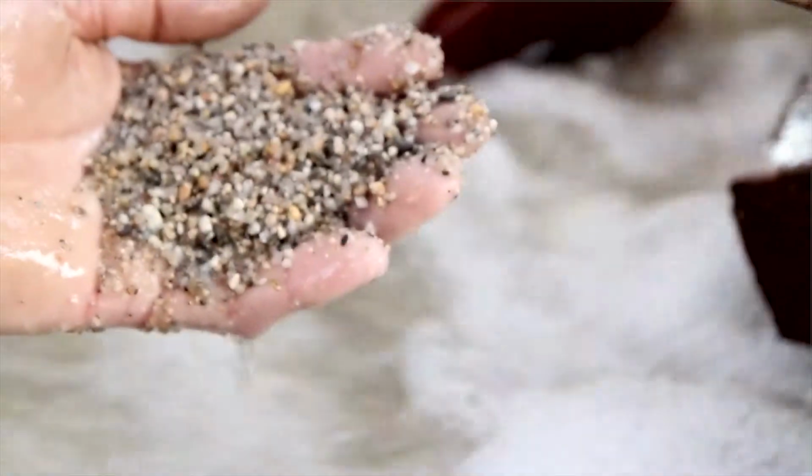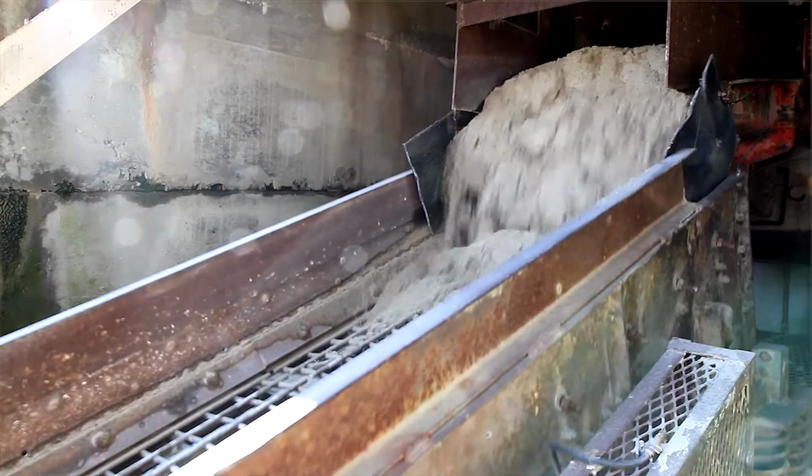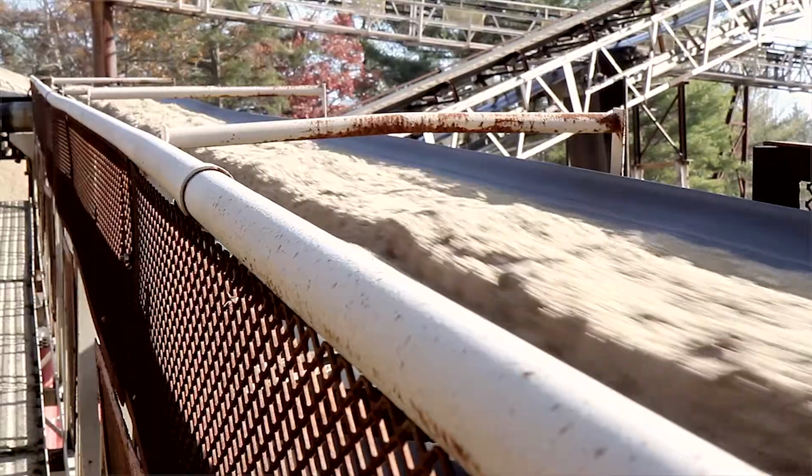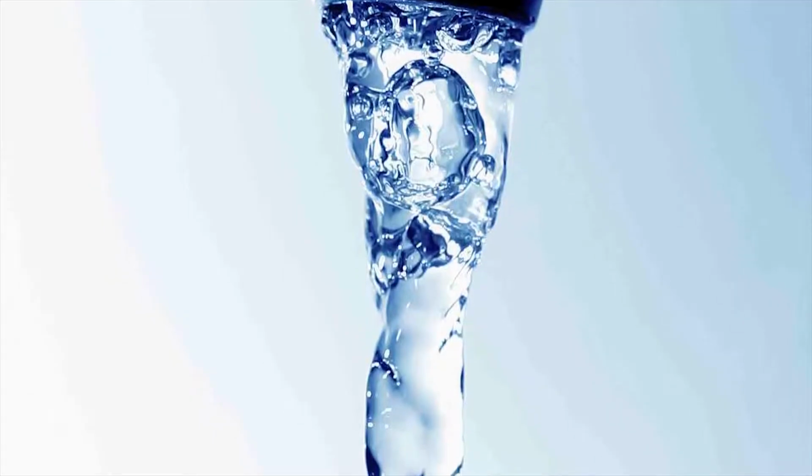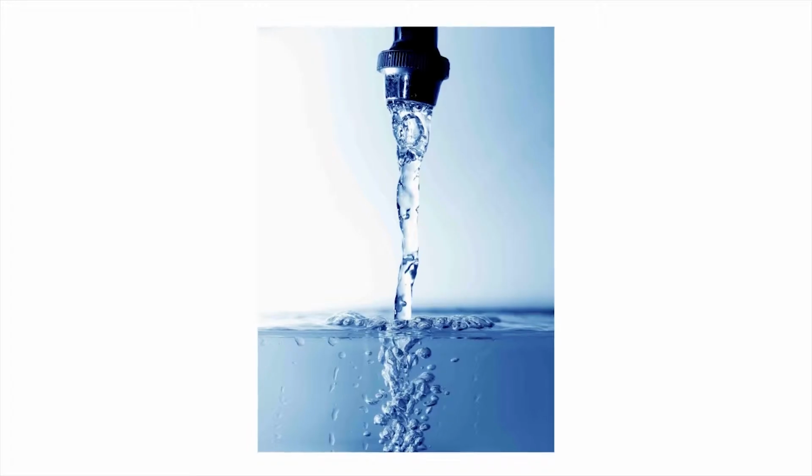One of our favorite companies to work with here in Rhode Island is Holliston Sand. They are an elite provider of sand and natural stone products based in North Smithfield, Rhode Island. So they are NSF certified, and every municipality in the country uses sand to filter water for tap. So when you turn your faucet on, Holliston Sand probably had something to do with it if you live in